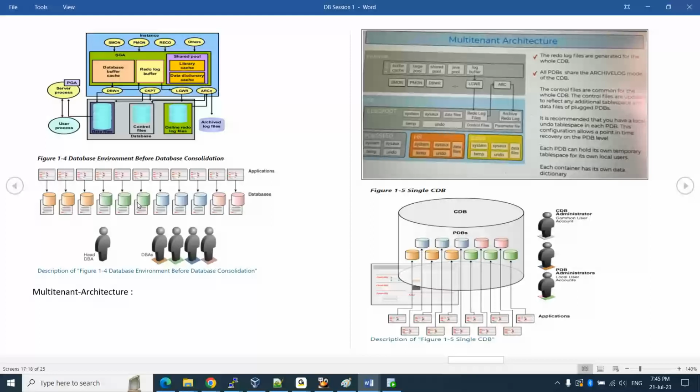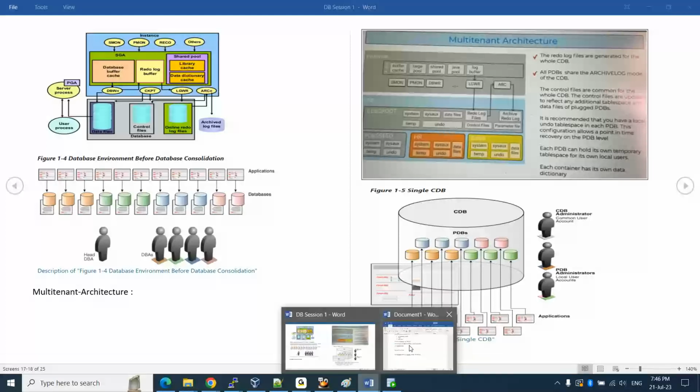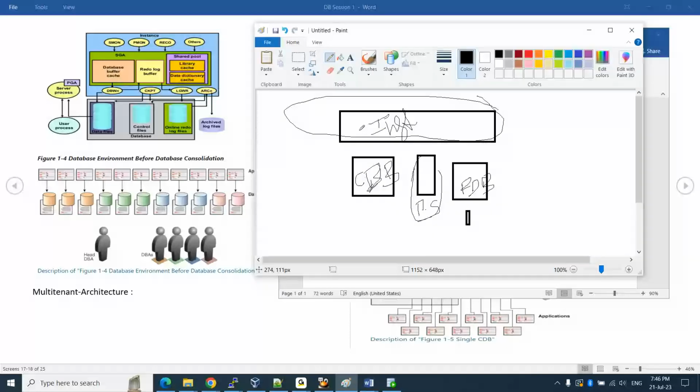Here we have close to 11 databases, so 11 applications. If you want to install 11 applications like SOA, E-Business Suite, OBI and some other applications, each application requires one database. So we need to install 11 times on 11 servers, and each server requires, I'll show you in the diagram,